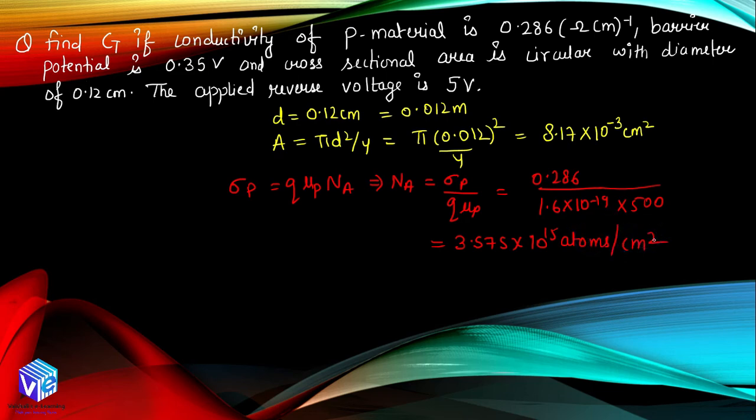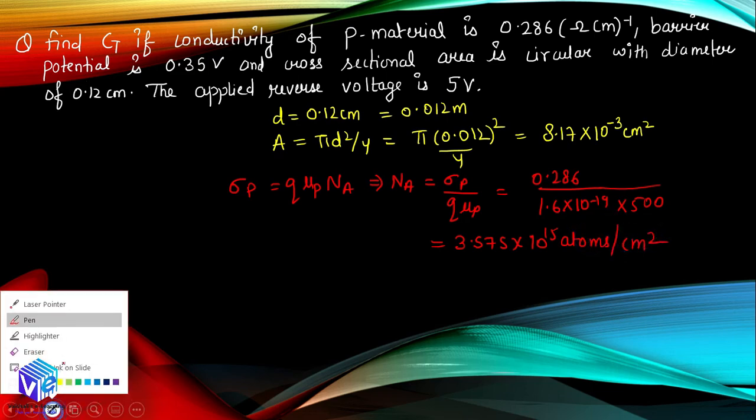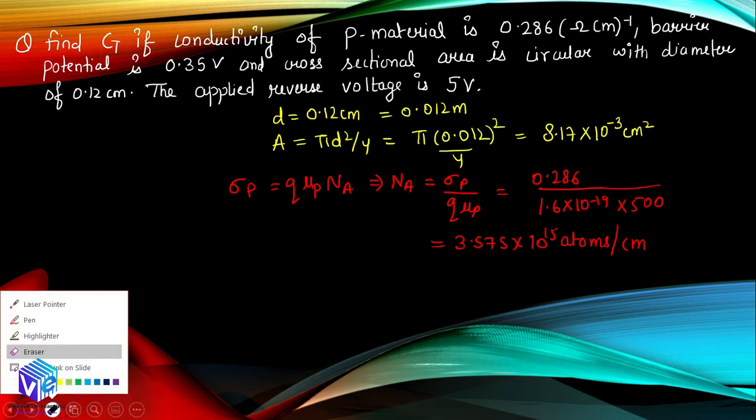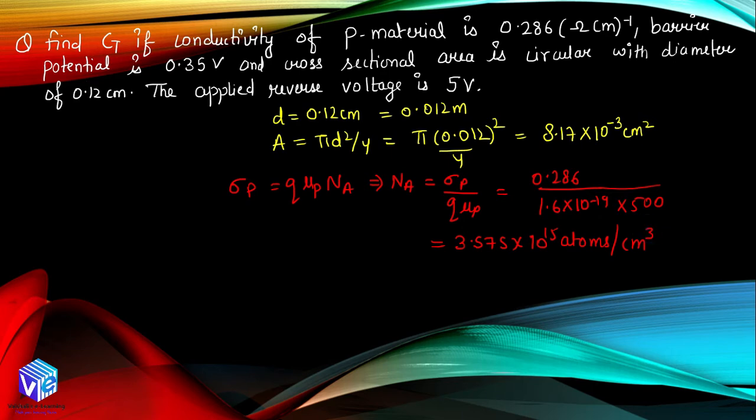So this is how you can find out the number of atoms, right? In the centimeter cube you can find out, right? So this is the number of atoms per centimeter cube. Now we can easily find out the capacitance. So the capacitance formula is Ct is equal to 2.92 into 10 raised to power minus 4. So this is the factor which we have computed from the epsilon, and then we have Na upon Vb raised to power 1 by 2.